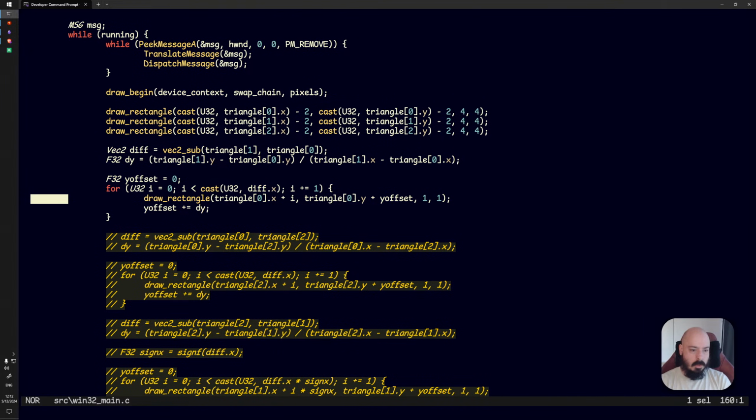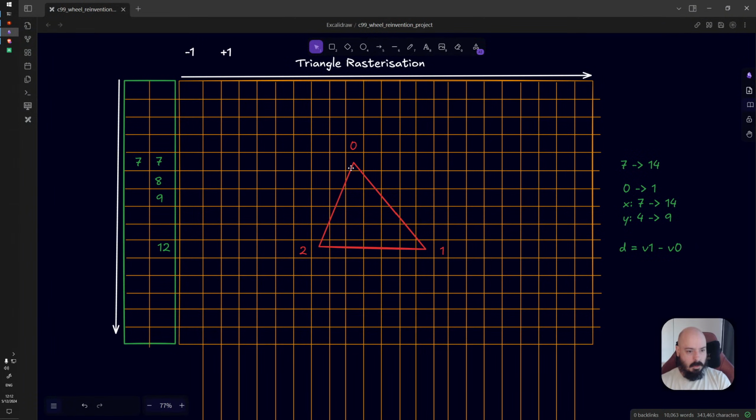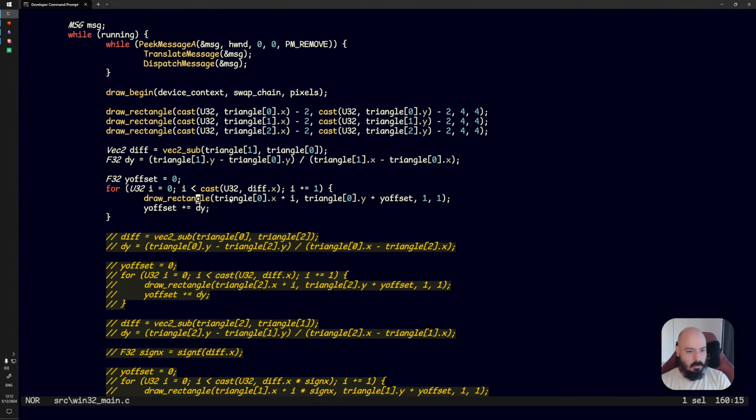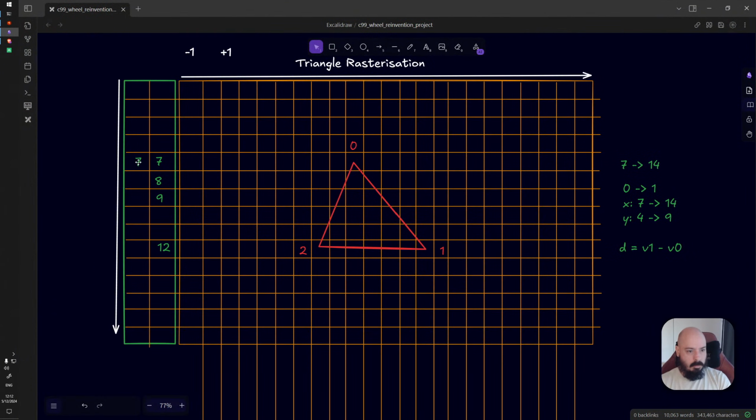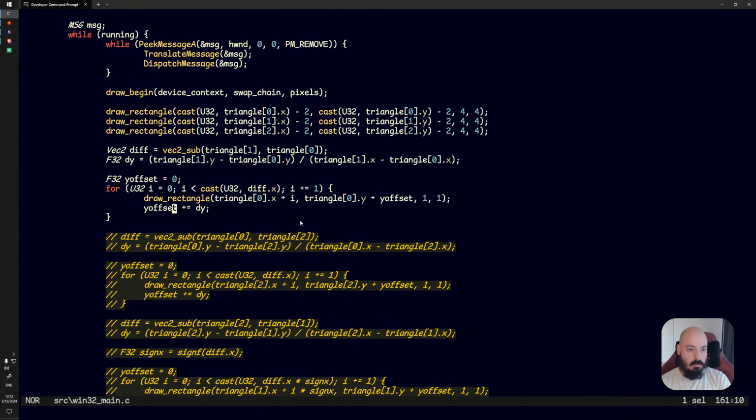Just focus on the first slope. And what we want is basically we want to iterate through each x position and then say if the value is less than the minimum value, then we store that. If the value is greater than the maximum value, then we store that. So I guess we would say something like